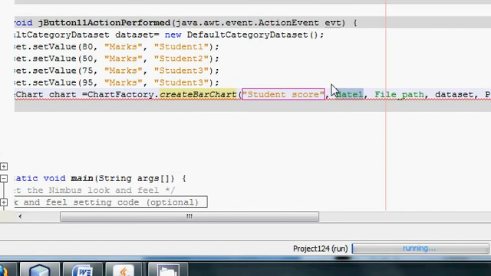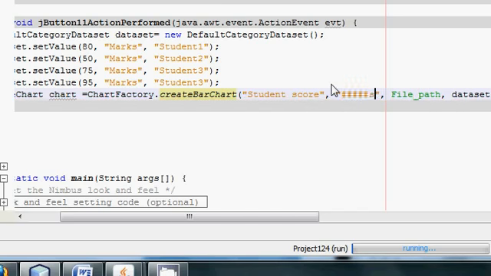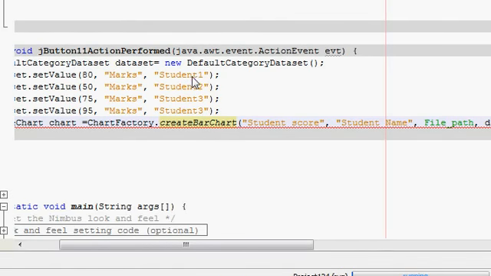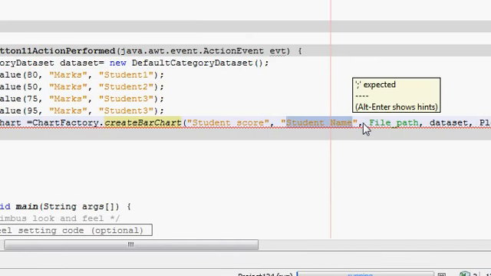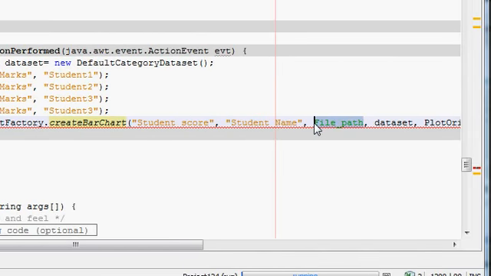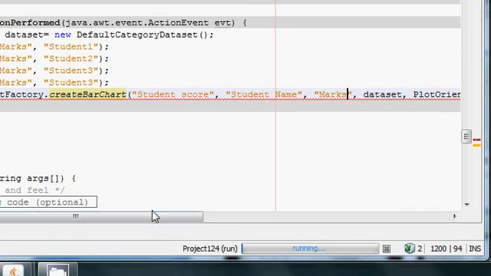In the second field you have to write the x-axis title, so I will name it as student name, because I want to show student name on my x-axis, so this is the title, student name, on my x-axis, and then I have to write the title for the y-axis, so my y-axis title is marks,